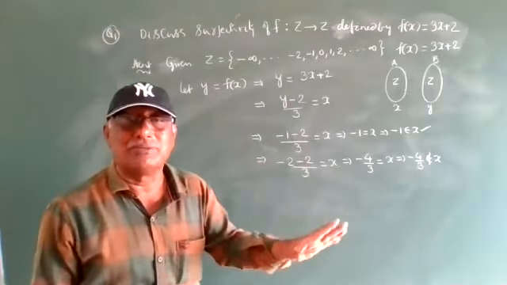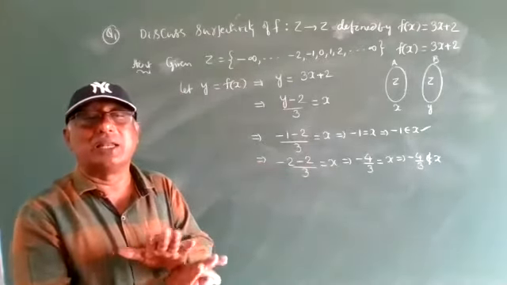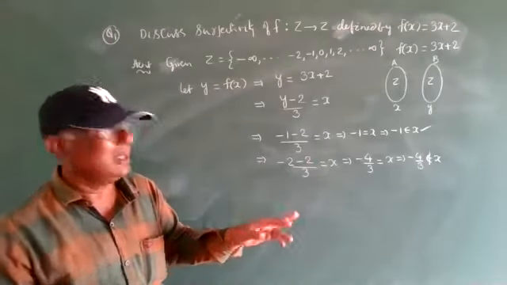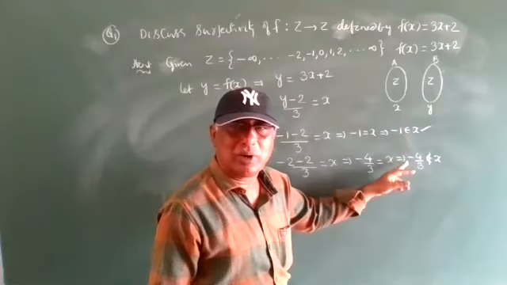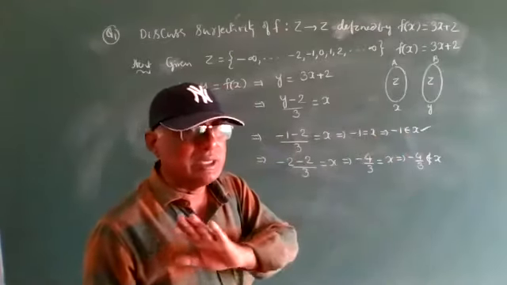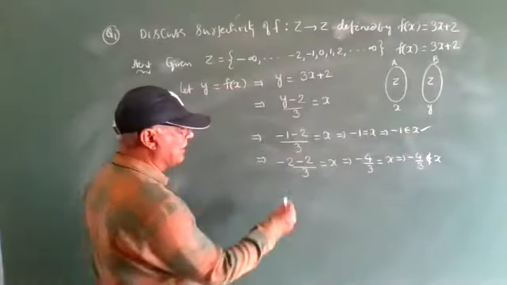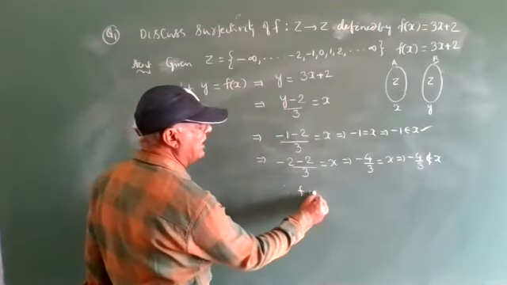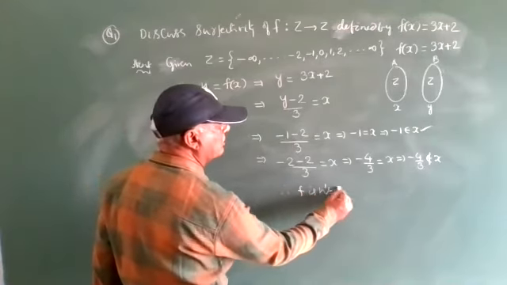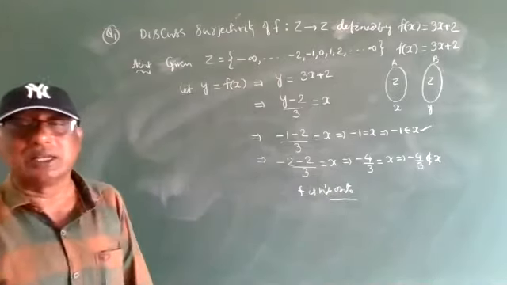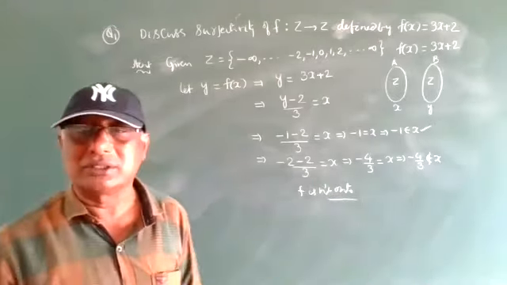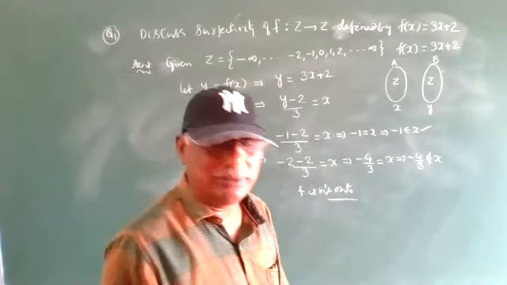If any one condition fails, then immediately we say that it is not an onto function. Here x came as a rational number, but it should be an integer. One condition failed, so we say that it is not an onto function. Therefore, f is not onto. Understand it clearly, everyone?